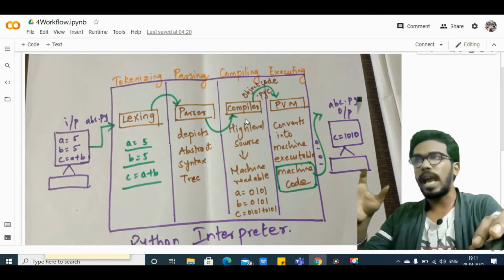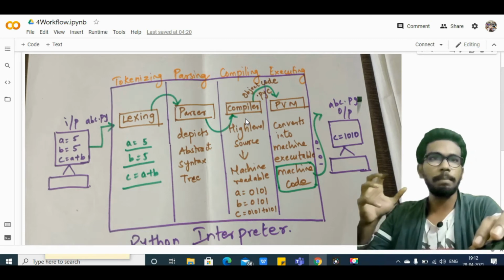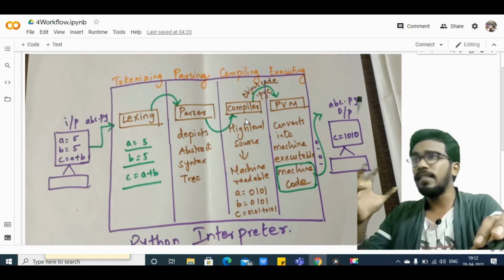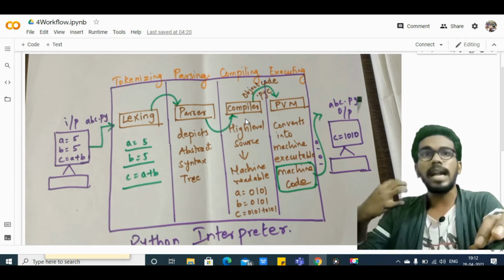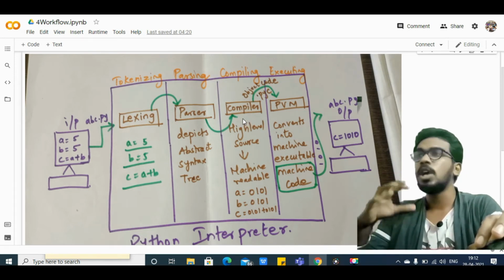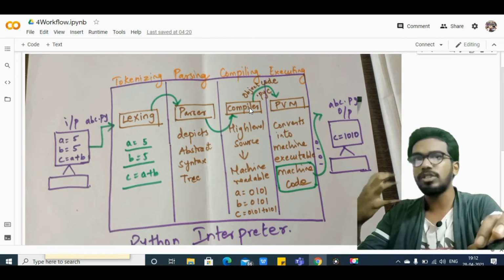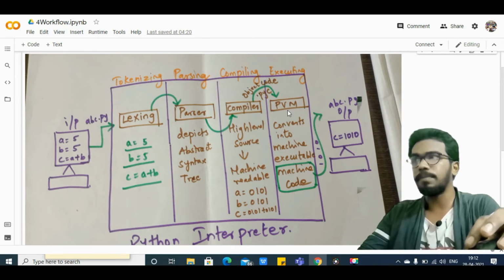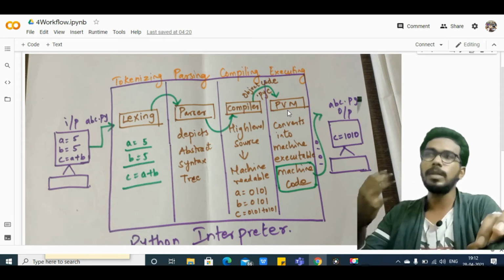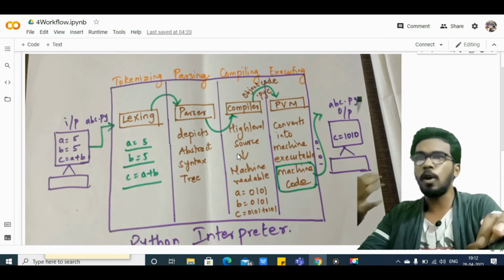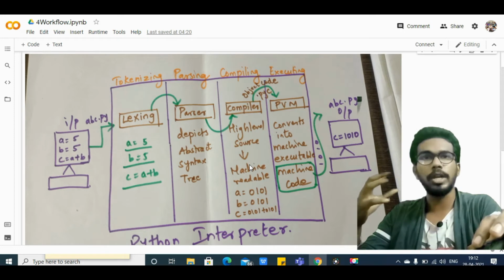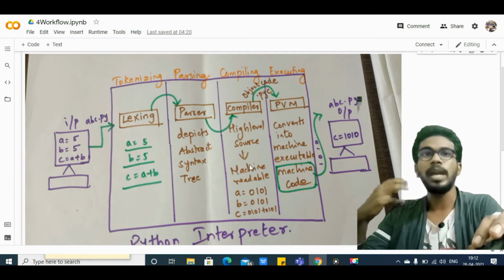After the parser, we have a compiler. What does this compiler actually do? The high-level source code is converted into machine understandable code. A machine actually understands binary zeros and ones. So the compiler performs that particular task. A is 5, whose binary value is 0101, and b is 5, whose binary value is 0101. Then it does the calculation. The compiler acts as a bridge to make the machine understand your source code in its own language, and